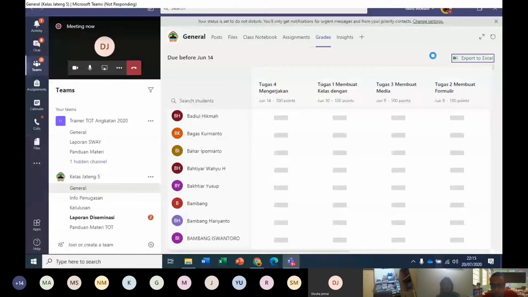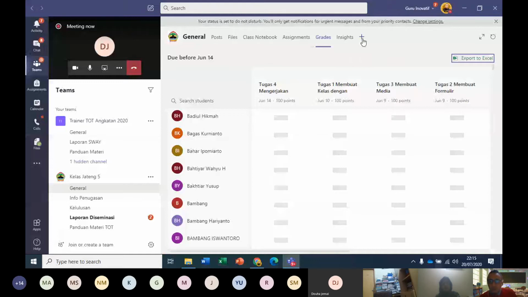Okay, and then we can see the student activities with inside app. You can click plus here at a tab, and then you can search inside. For example,